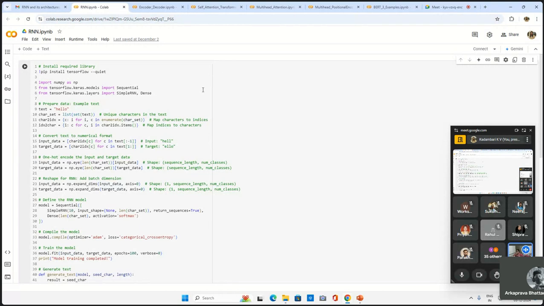So the first thing is that we have imported the libraries. And as I mentioned in the beginning, what does an RNN do? It is simple